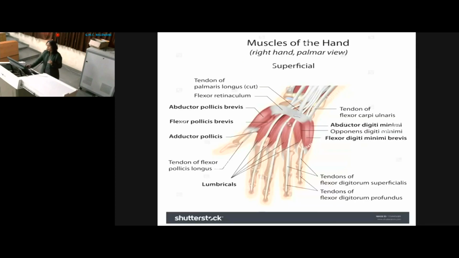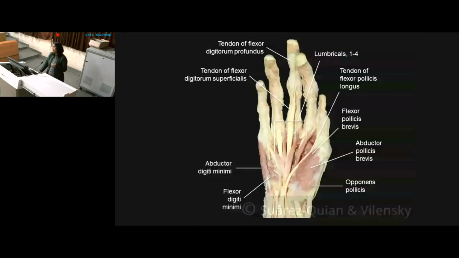So again, this is a picture to show the thenar muscles and the hypothenar muscles, and in the deep, these are the tendons of the flexor digitorum profundus, and these are the lumbrical muscles. Lumbrical और flexor digitorum tendons, digitorum profundus को हम हटाएंगे तब आपको दिखाई देंगी interossei muscles. So in the hand,